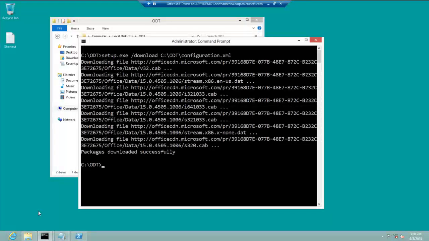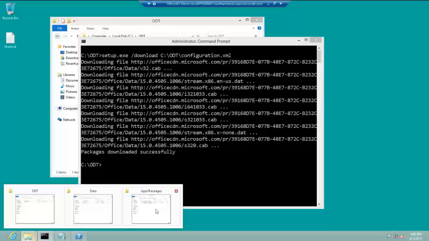It's that easy. Once it does that, it goes to the CDN. It finds the bits for the latest version of Office that's available there, and it downloads them to your machine to the location specified in your configuration XML file. So here, it has downloaded them all to my location that I specified,